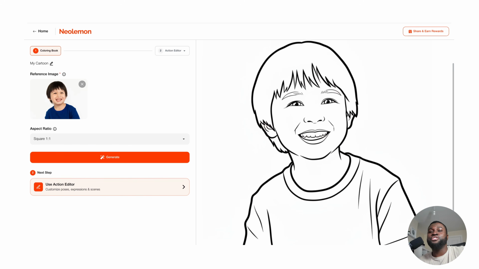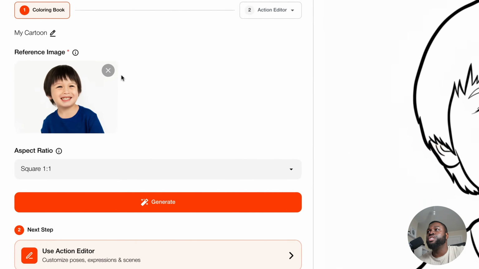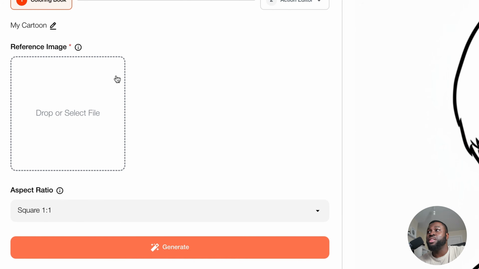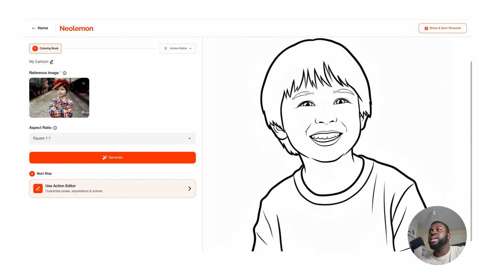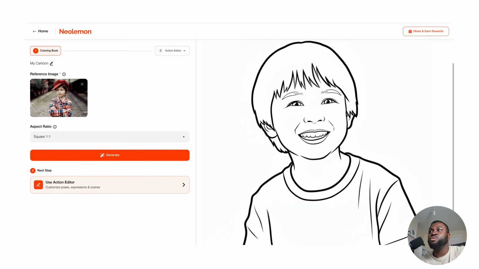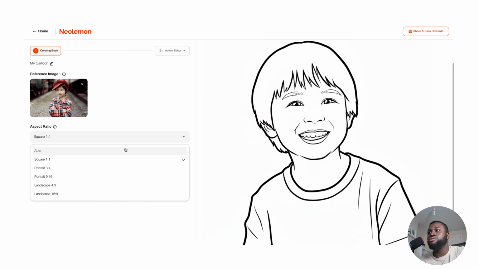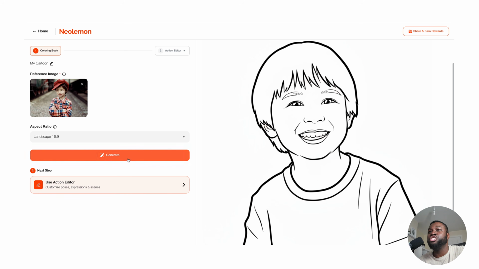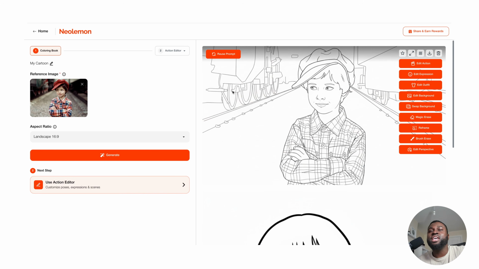And next, we're going to try to create another coloring page. So all you need to do is just click the X here and then upload another image. And I've chosen a boy in a red cap here that's just looking to the right hand side. This time I'll change the aspect ratio and I'll keep it in line with the image, which will be landscape 16:9, and just click generate. And you can see it's created the image here in the 16:9 dimension. The boy has the exact same expression. He's looking to the right hand side. We can see a train here. We can see another one in the background with his arms crossed as well. So it's really displayed everything consistent with the reference image.